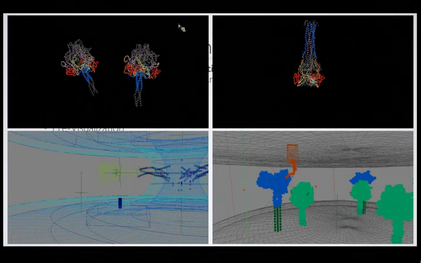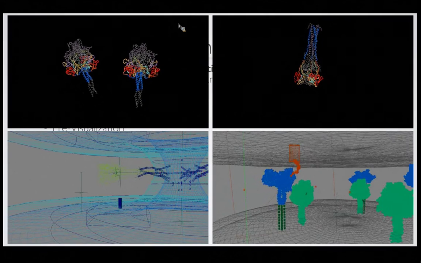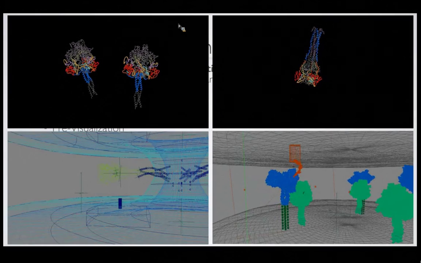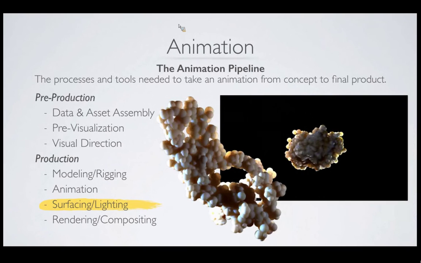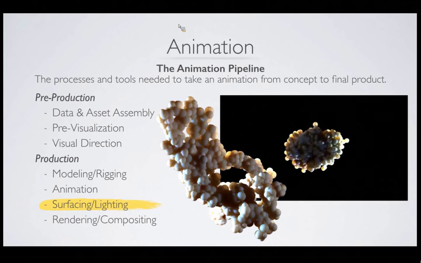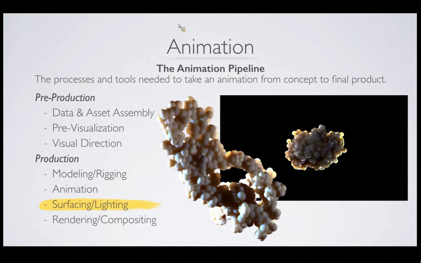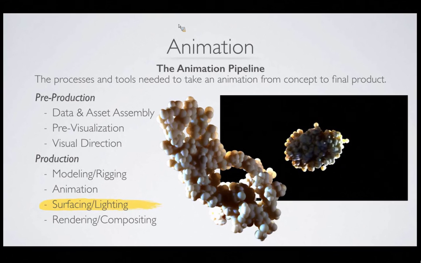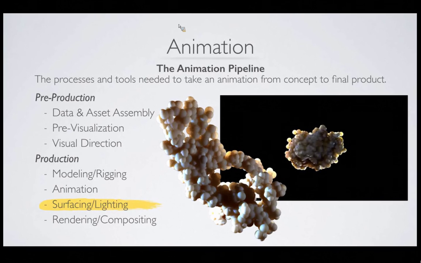So all sorts of little animation procedures have to occur in this stage before we can get to the next stage, which is surfacing and lighting. And with surfacing, you can think of this in the same way that when you interact with surfaces in the real world, every surface of every object reflects light differently, it transmits light differently, in some cases it emits light differently. And so we have to simulate the same thing in our virtual world. And what you see on the right there is some tests of the subsurface scattering shaders that were applied to some of the surfaces of the molecules.